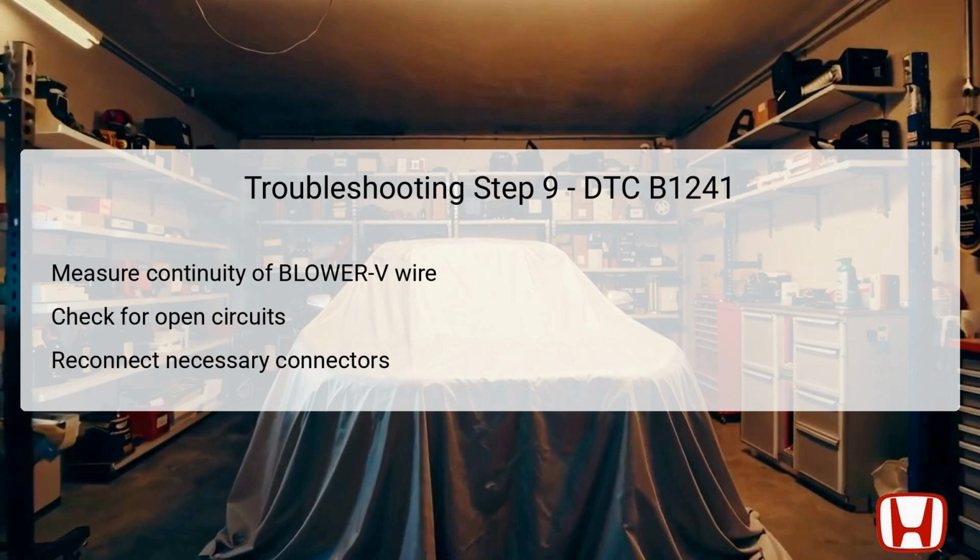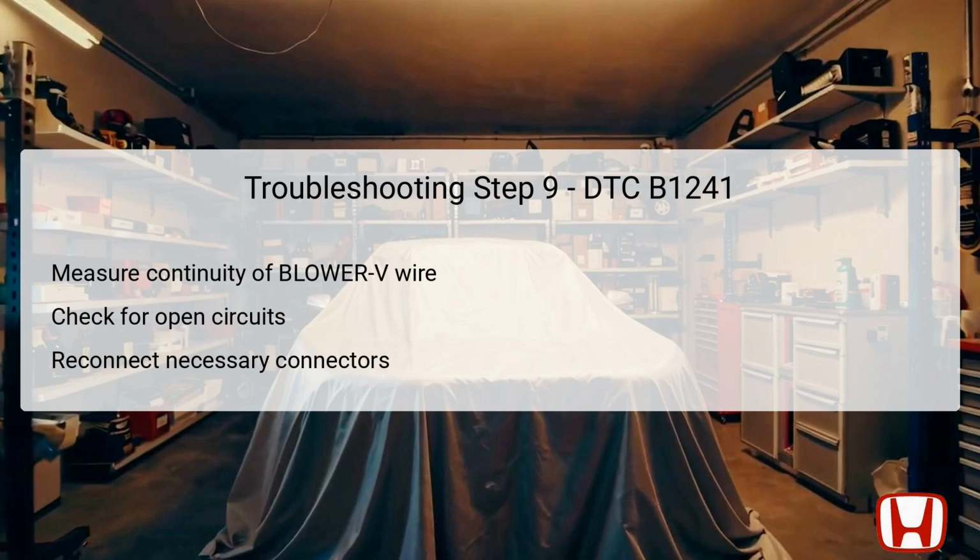In the 9th troubleshooting step, focus shifts to testing the continuity of the blower V wire to ensure circuit integrity. Confirm the vehicle is in the off lock mode before beginning, and ensure that both the climate control connector B and the power transistor connector remain disconnected. You will need to check the continuity between the 12th pin of the climate control connector and terminal 2 of